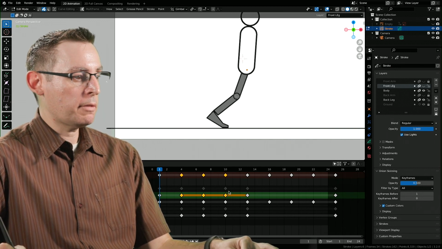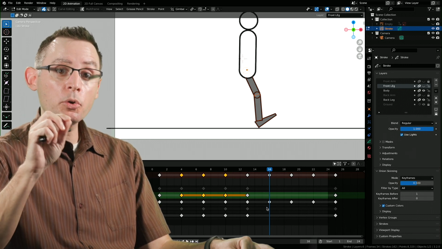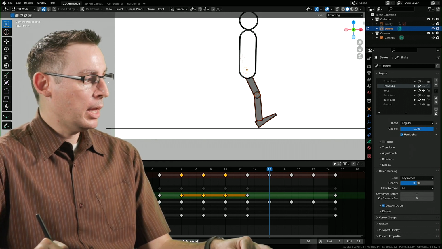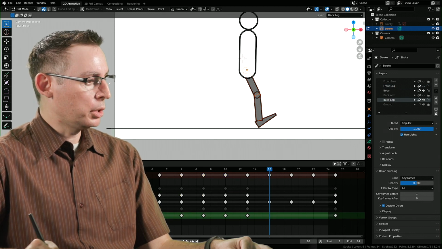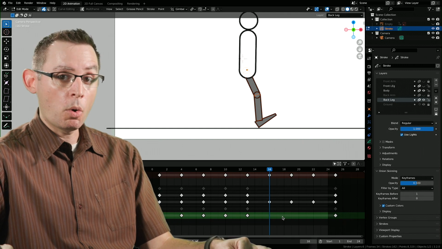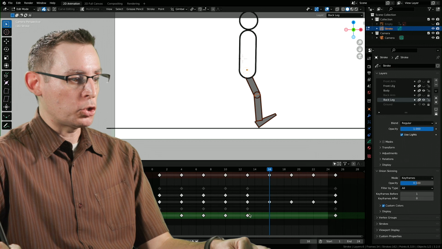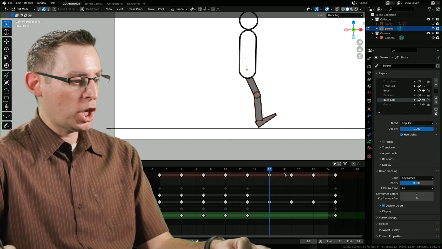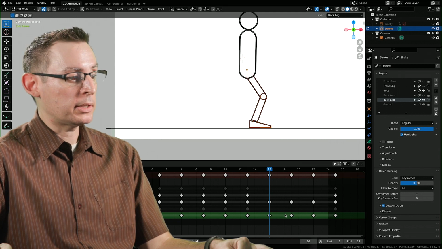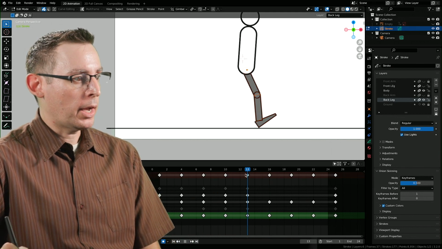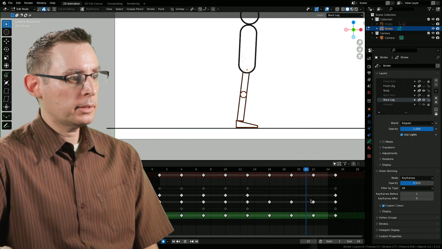So we copy the keyframes, and then we're going to go to frame 16 because we're directing the computer which frame we want to paste these into. And now we're going to deselect our keyframes and go to the layer that we want all this information to go on, which is the back leg. Now, don't freak out. What you're seeing here is the draw line on frame 13. It's all going to change when we hit paste. Command-V on a Mac, Control-V on a PC. There we go. Now, let's see if it looks correct. Takes a step. Plants. Yeah.